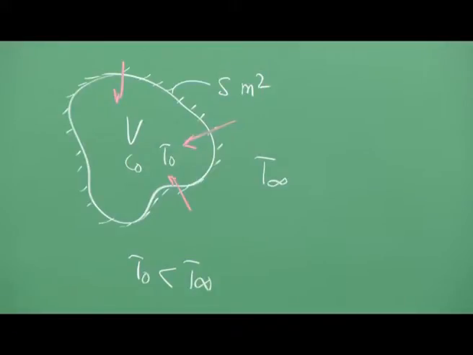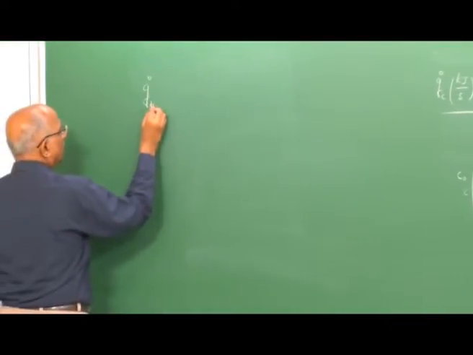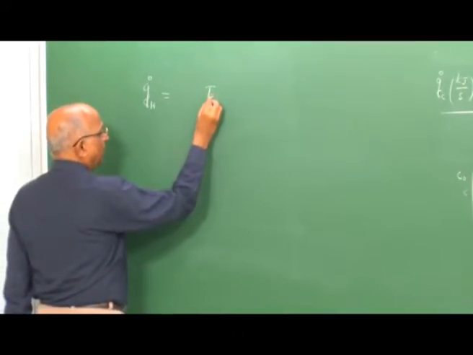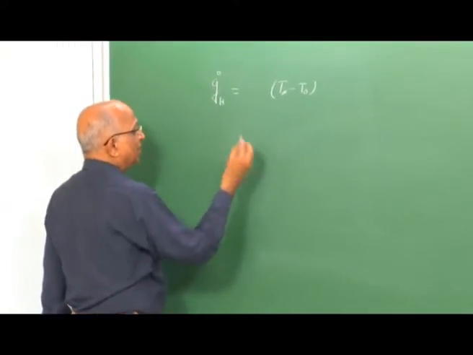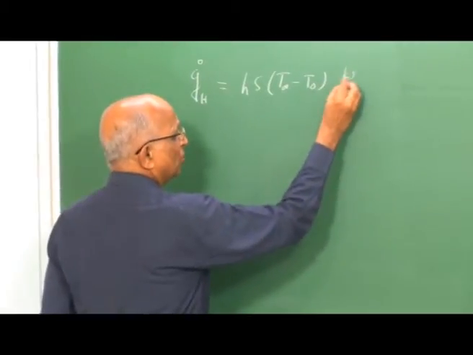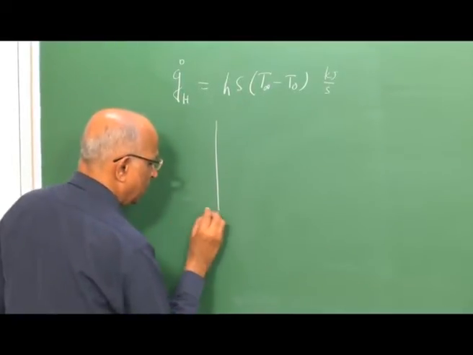We tell that the heat transfer, and let's put the same thing, the rate of heat transfer. We say Q dot H is equal to, it depends on the temperature difference. We have T ambient minus T naught, and what drives it? It is the heat transfer coefficient into surface area, so much kilojoules per second is the heat transfer over here. Therefore, if I were to plot this particular figure, what is it I get?